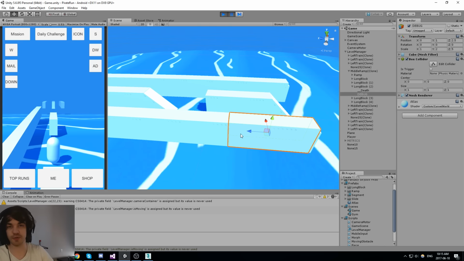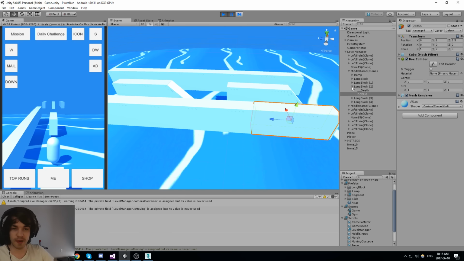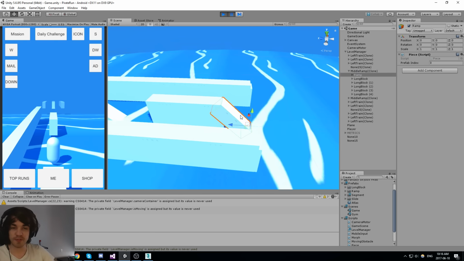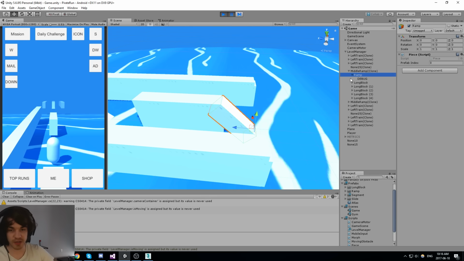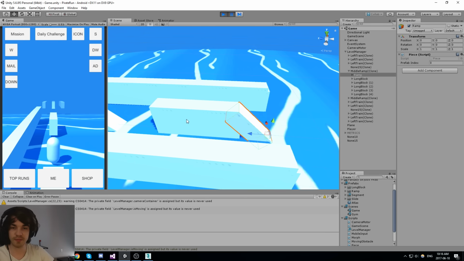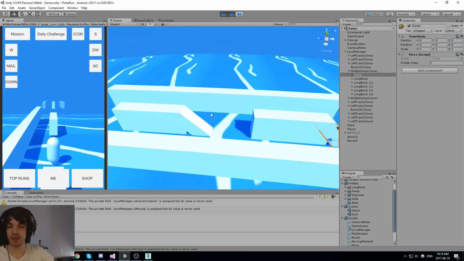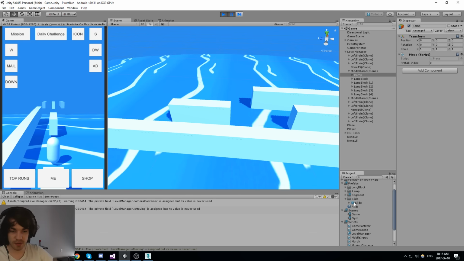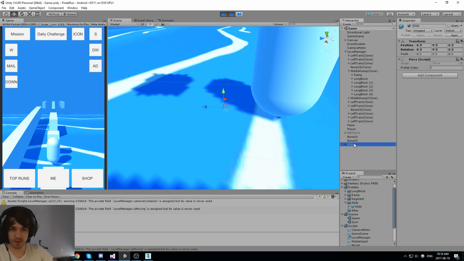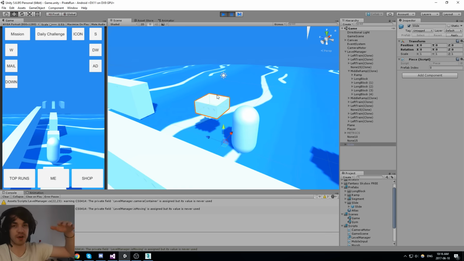In Subway Surfer that would be the train. Now there is also the ramp, so the ramp is mixed with a train technically, and it's to go up one floor. There are also going to be slides, which are just objects like this that you have to slide beneath. You also see that in Subway Surfer.